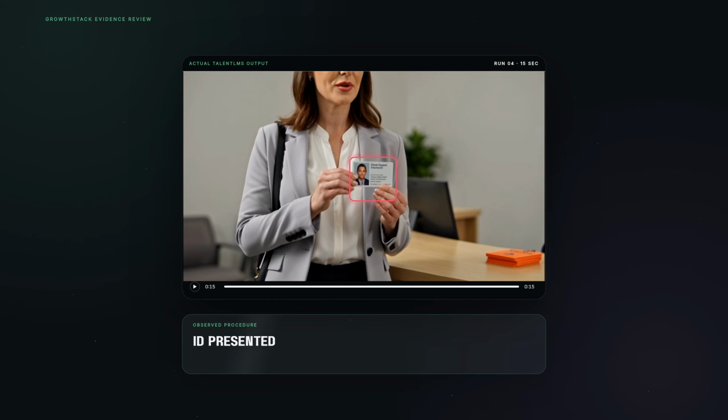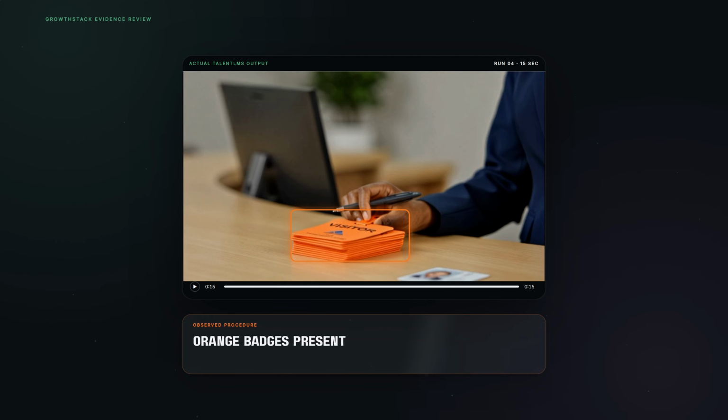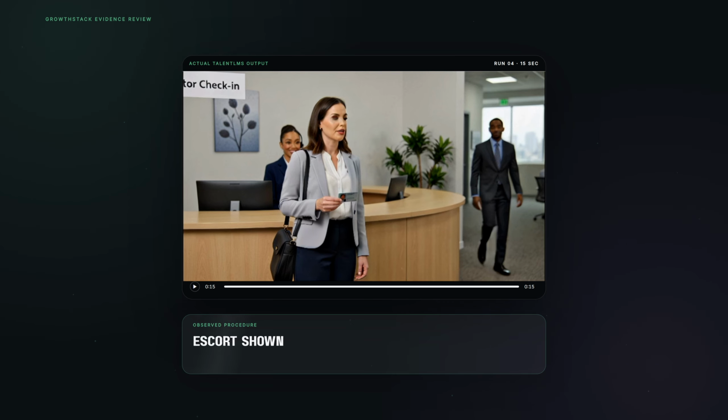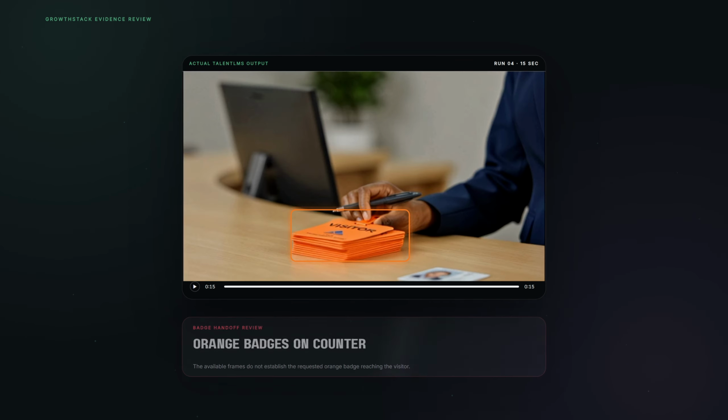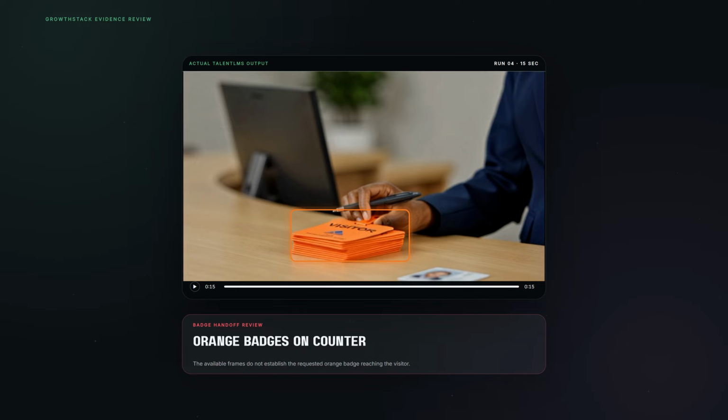The clip does show the visitor presenting an ID. It shows orange visitor badges on the reception counter. A host arrives, greets the visitor, and escorts her beyond reception. The uncertain part is the badge handoff. We see the receptionist produce orange badges, but the footage does not clearly establish one being handed to or worn